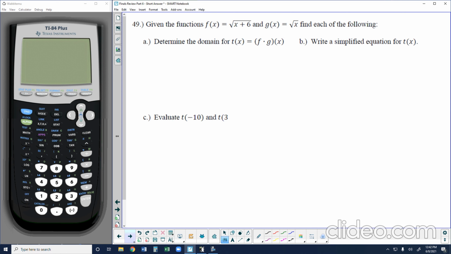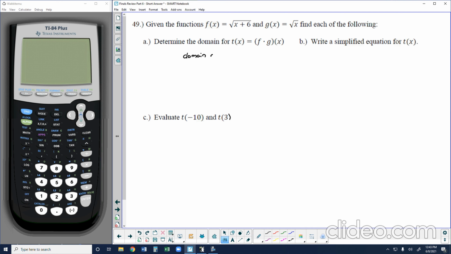In problem 49, it says determine the domain for t of x given that it is equal to f times g of x. So remember, this is a function operations question. When we combine functions through any arithmetic operation, multiplication, addition, subtraction and division, the result of the domains is going to be the intersection of the previous functions' domains. So for t of x, if I want the domain of t of x, it's going to be the domain